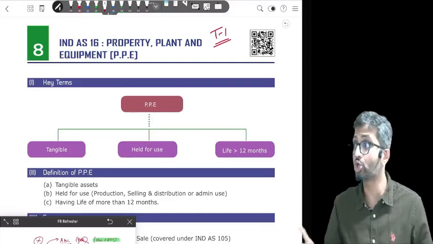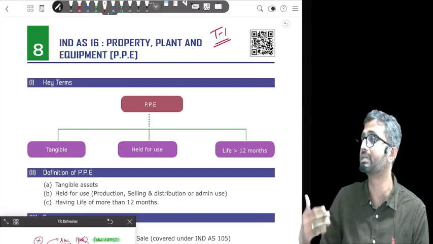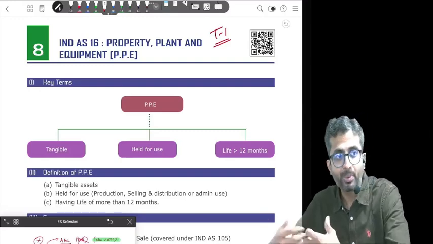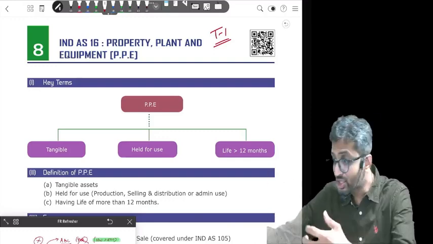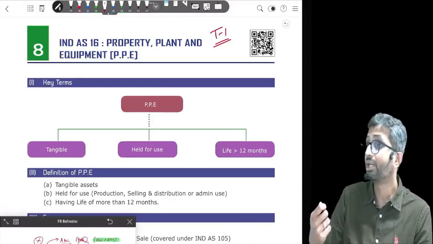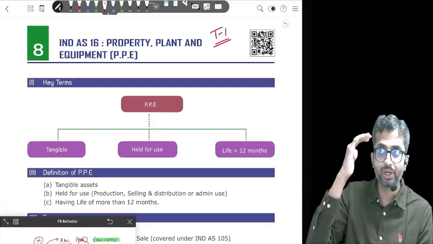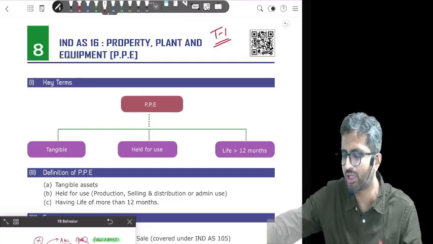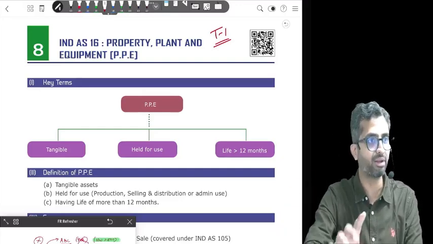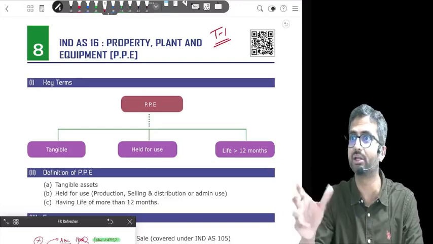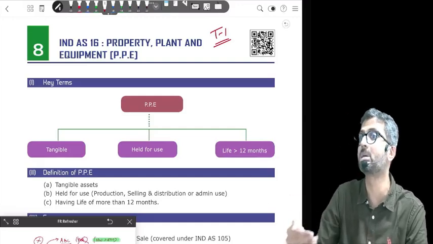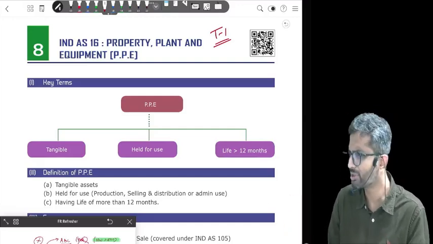So Ind AS 106 is there actually. It applies to companies like British Petroleum, ONGC, who spend a lot of time and money exploring whether there is oil below the surface or not. If I'm spending a lot of money to explore and evaluate whether there is enough oil below the surface, what do I do with that expense? Can I capitalize it along with the mine? Can I not? That guidance is given under Ind AS 106, and hence it does not come under Ind AS 16. Are we clear with this?